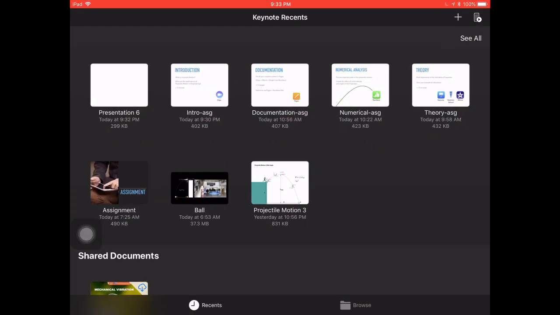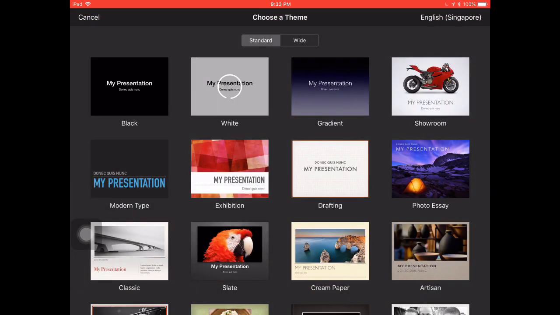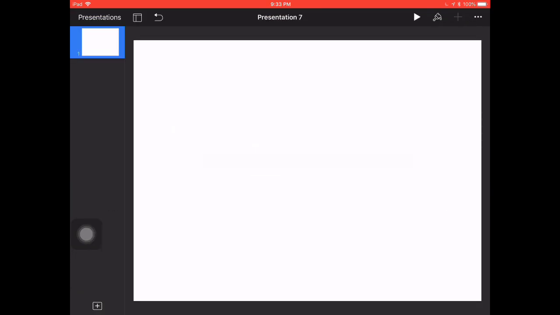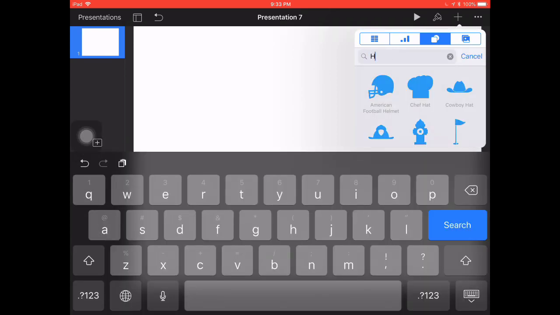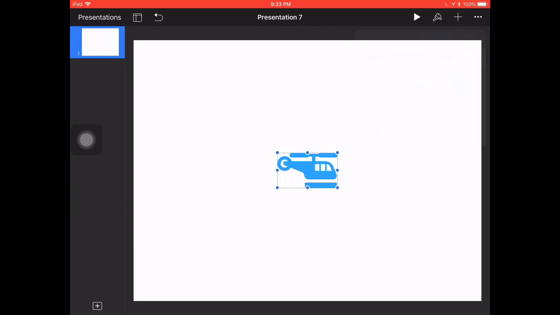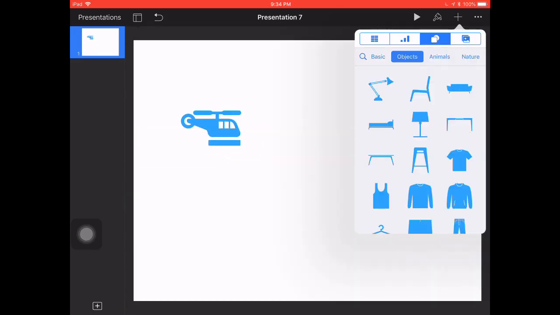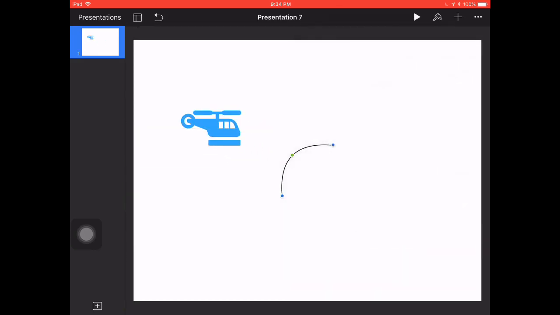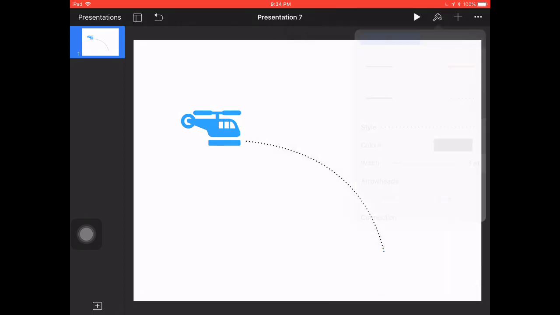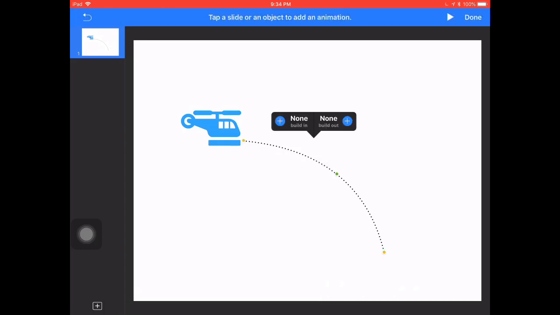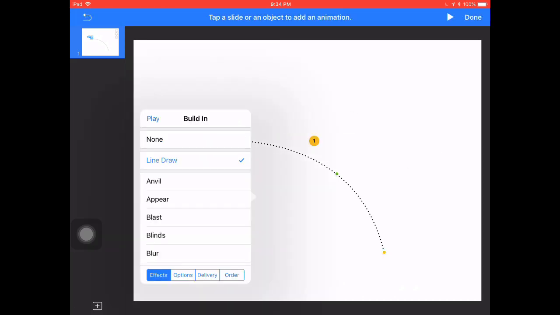In Keynote, instead of using it only as a slide for text and image, you can also perform animations to suit your story. So let's insert a shape of object, for example, a helicopter. And we want to animate something from the helicopter, so we can insert a line. So animate, let's change the size. Okay, choose line draw,